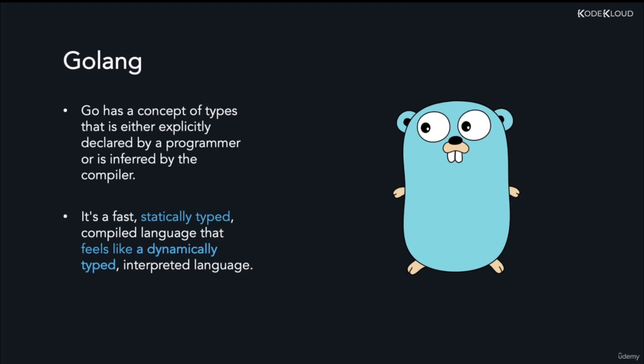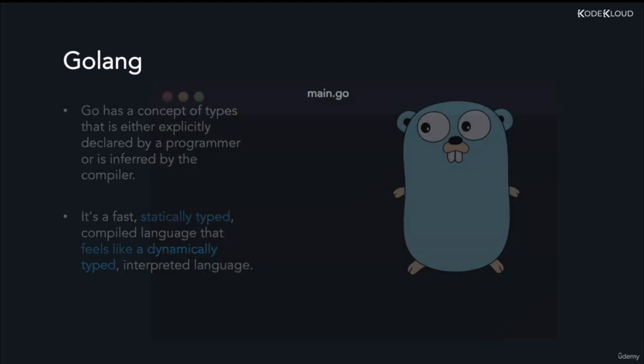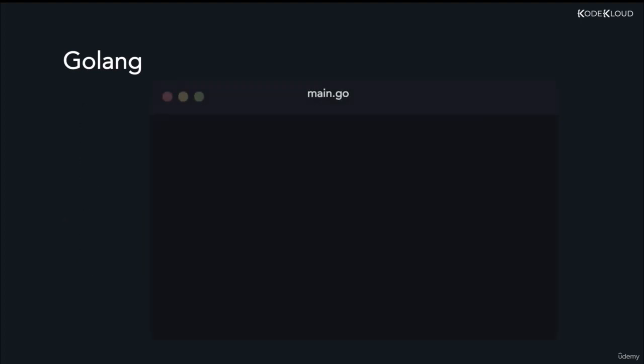Now let's see a program in Golang to get an idea of what this means. So first we have package and import declarations. We've already learned about them in the previous modules. Now we would be writing our code inside the main function, which is basically the entry point of the program. Here we declare a variable called name, and this is a very popular way of declaring variables in Golang and is known as short variable declaration.